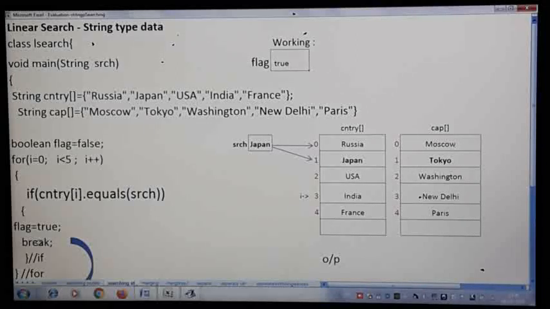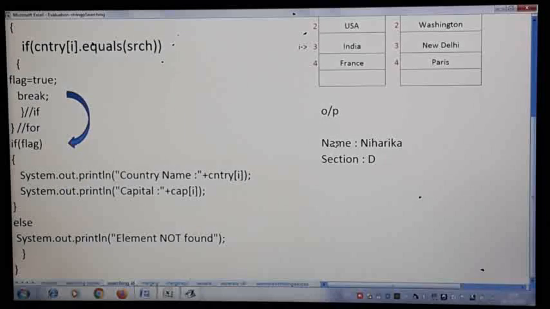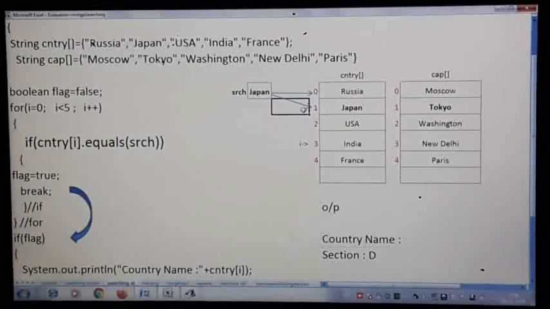Then break will take the statement outside of the loop, and you will get the output as country name. When you say break, I will be pointing to 1.